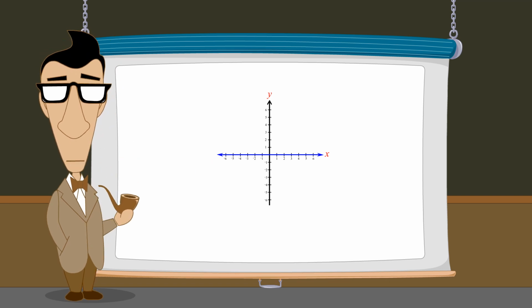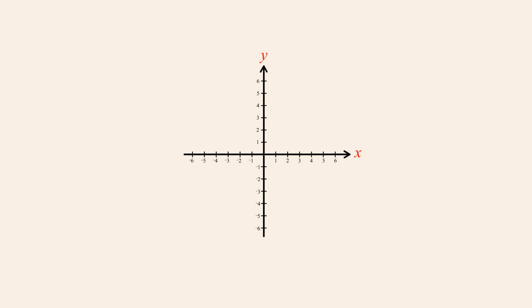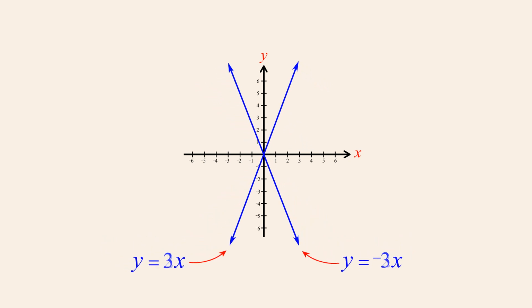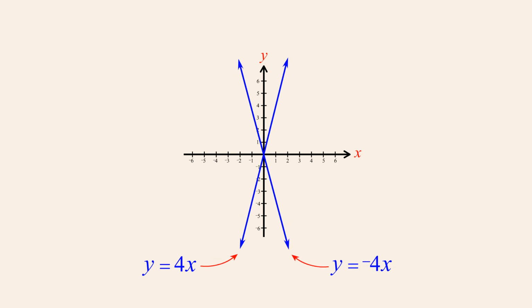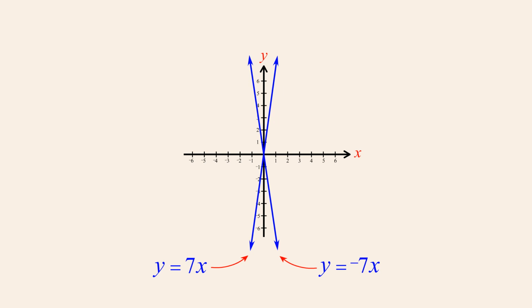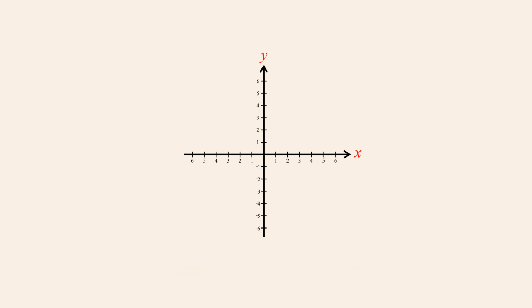But is it possible for an equation to describe a vertical line? We have seen that as the x-coefficient gets larger, the slope of the graph becomes closer to vertical. However, no matter how large the coefficient becomes, the line will never be exactly vertical. It would require an infinitely large x-coefficient to produce a vertical line. But infinity is not a number, and therefore cannot be used as a coefficient.